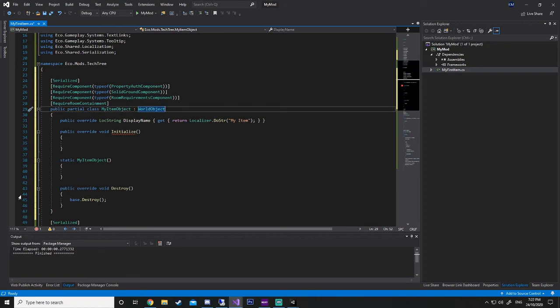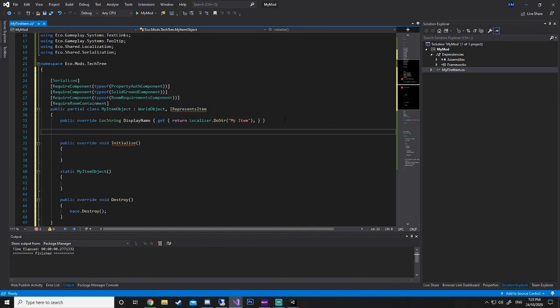So the other thing I was telling you about was I represents item, which needs another little parameter, which, yeah, we'll just add it in.